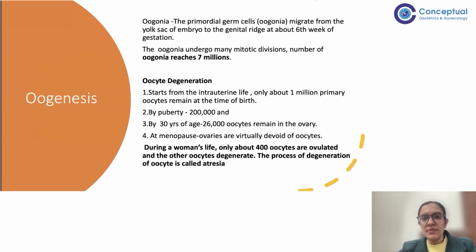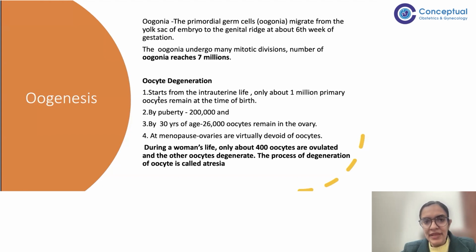So just starting from the very beginning, oogonia are the primordial germ cells. If you remember your embryology, they migrate from the wall of the yolk sac of the embryo to the genital ridge at about the 6th week. They undergo many mitotic divisions, reaching a maximum number of 7 million by around 20 weeks of gestation in the